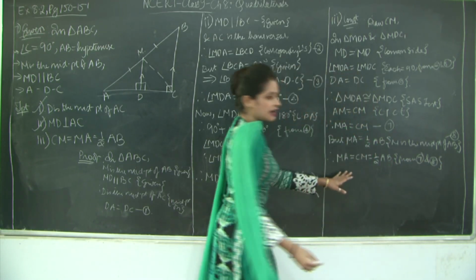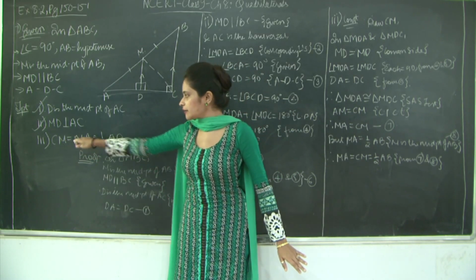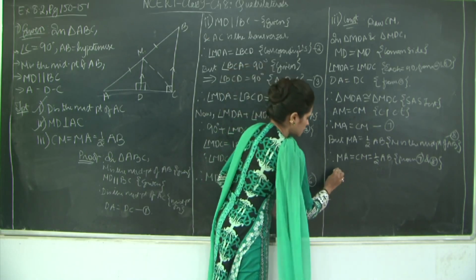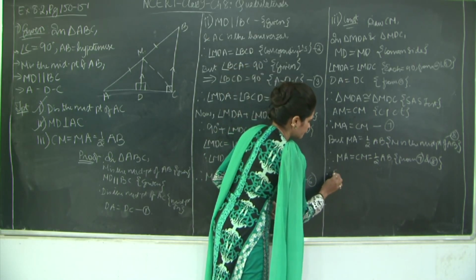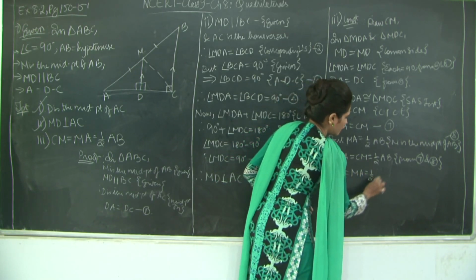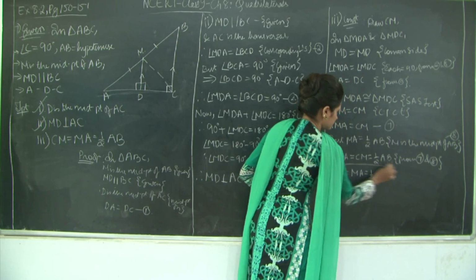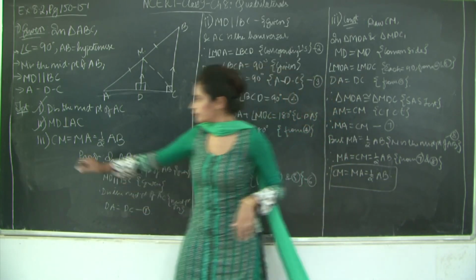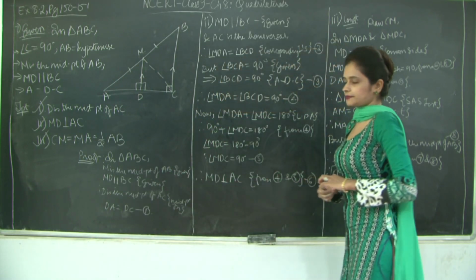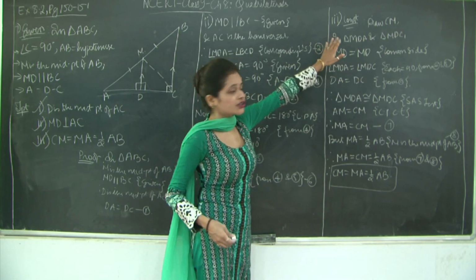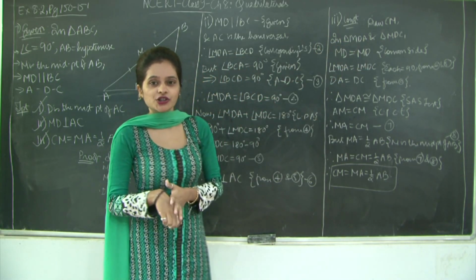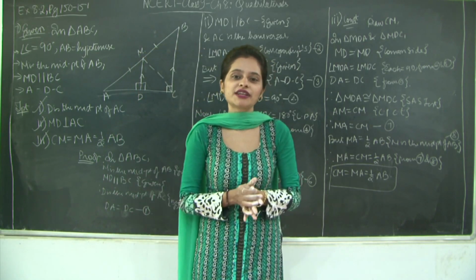So let us just write this down according to what is required. I need to prove that CM is equal to MA, which is equal to half of AB. So we'll just shuffle these two. Therefore, CM is equal to MA, which is equal to half of AB. Hence, we have proved the third section as well. So please take a look at this question. Also, there is an important construction over here where you draw CM. This was about the last question of exercise 8.2. We'll take a look at the summary in the next video.